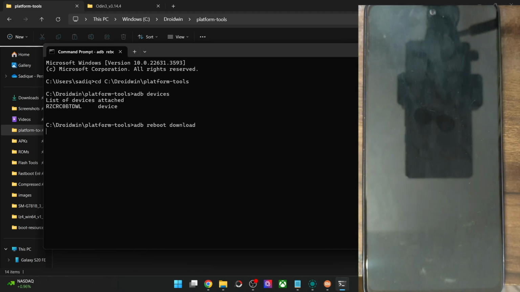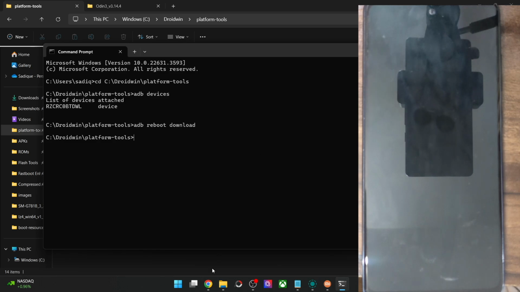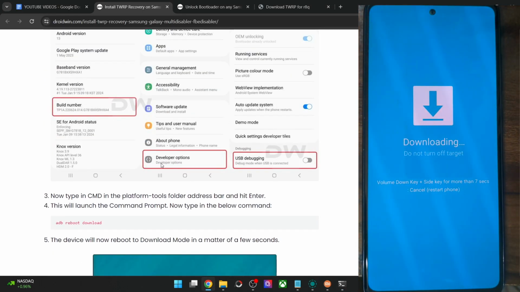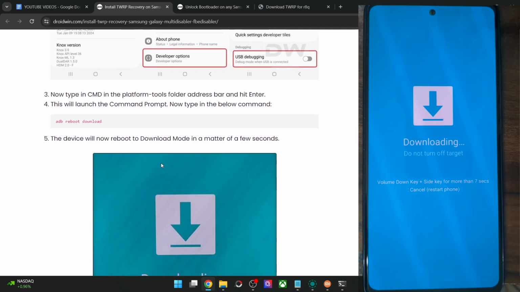reboot into the download mode. It will take only a few seconds for that to happen. So let's just wait, and we could then move ahead with the next step. So let's wait for the phone to boot into download mode. And as you could see, we are now inside the download mode, and we could now start with the flashing